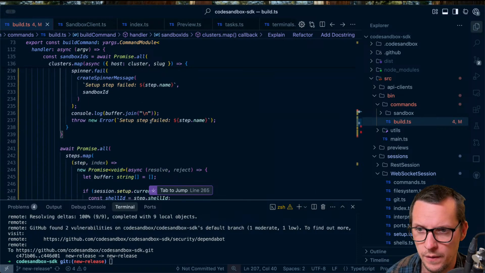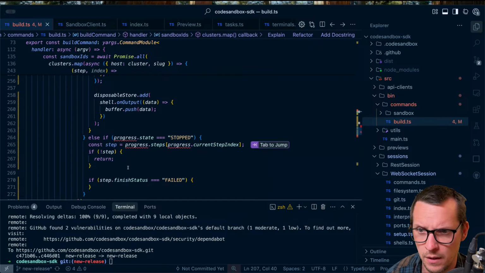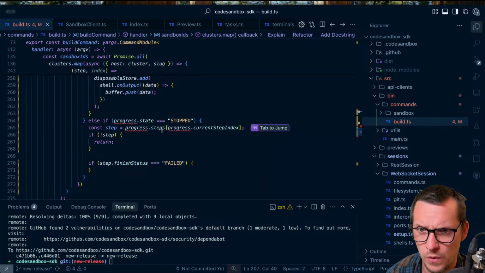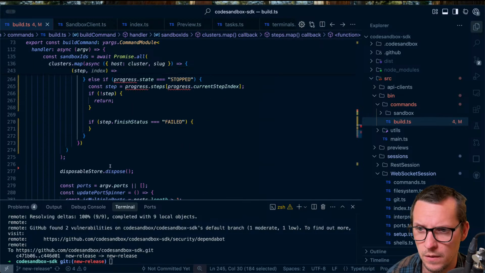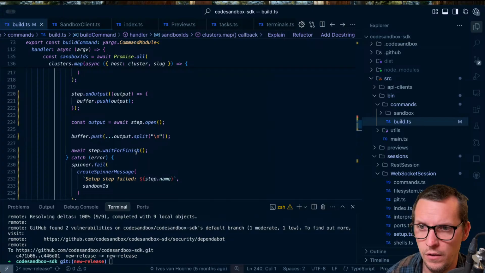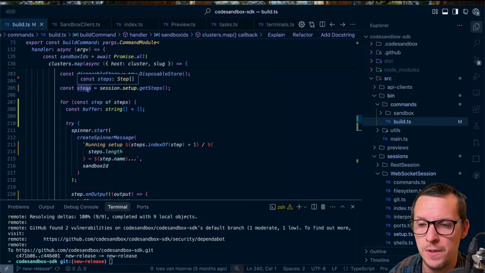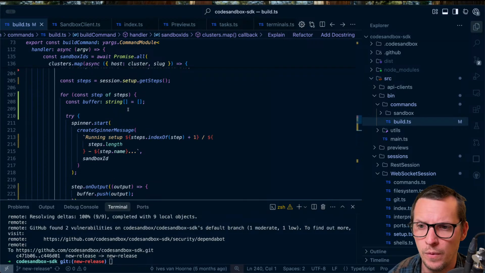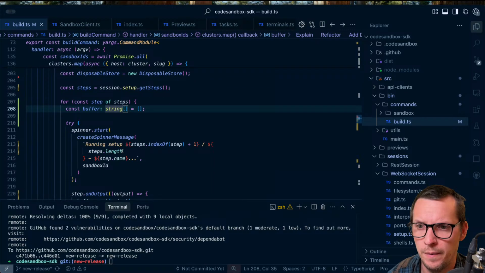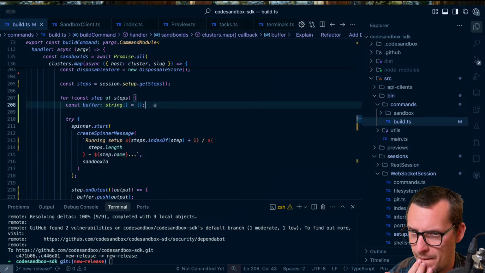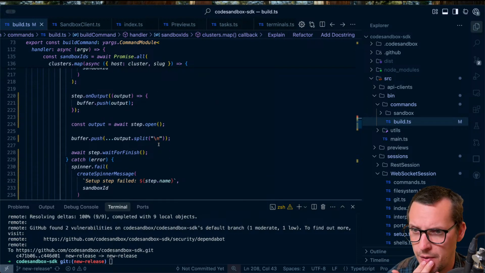Cool. So now we have that in place. We don't need all this, like, if it stopped. Yeah, we don't need any of this. Look at that nice code. We're just saying, give me the steps. For each step, show a start spinner. And then we're gonna